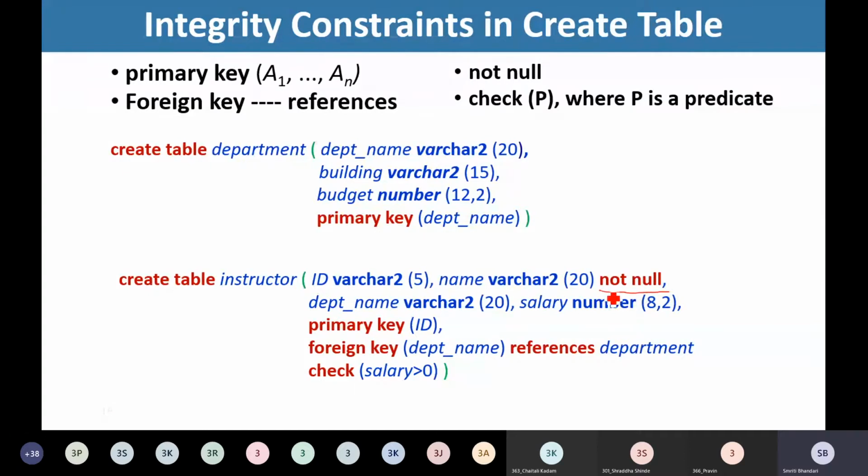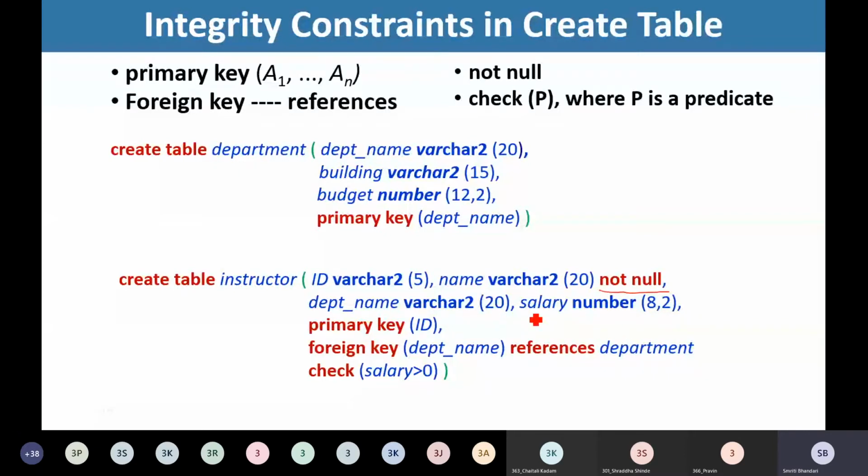This means that we always want some value, some string, to be stored under name. So name need not be null. Always the instructor should have a name. So if we try to insert data in the instructor table without a name, then due to this definition of the instructor table, we will see an error because we have not included the name. So name must be there. Okay. Then department name varchar2(20).